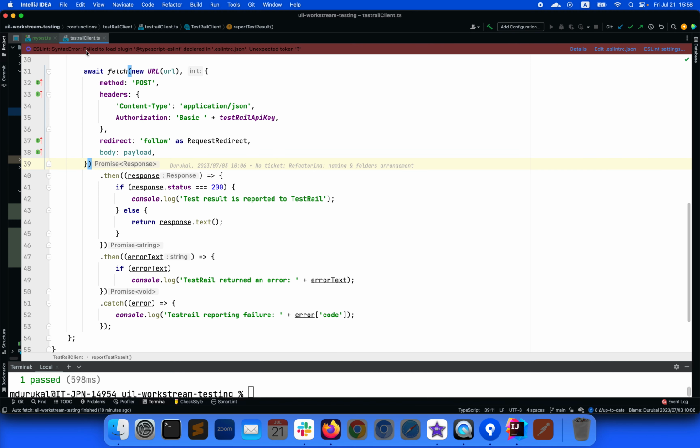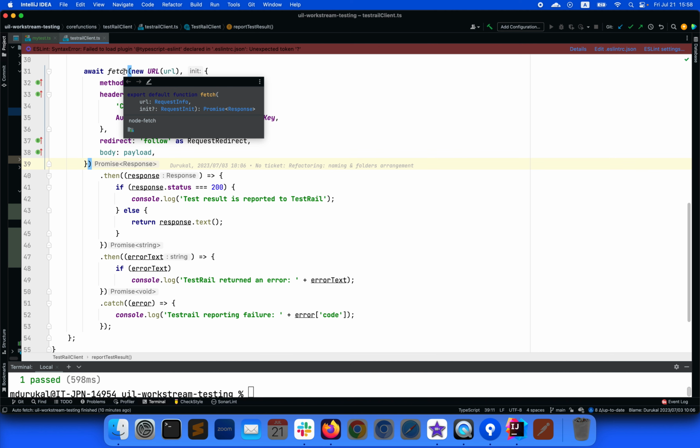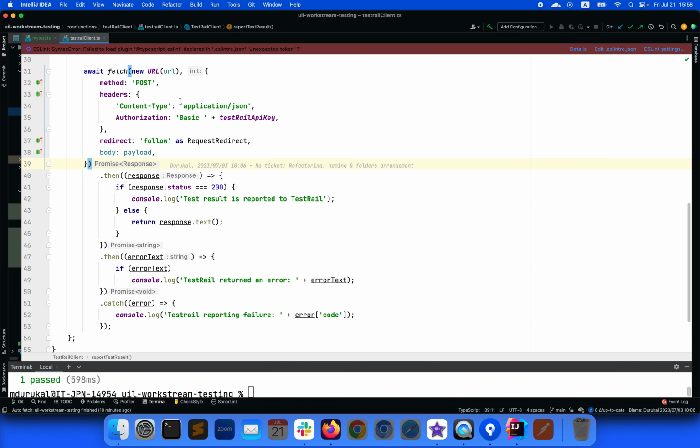Yeah, this is the relevant class. So here in this class, I'm just reporting some test results to TestRail. TestRail is just a test management tool, and it has a public API. So we can just call this API to report our test results. So I prepare my data, and then